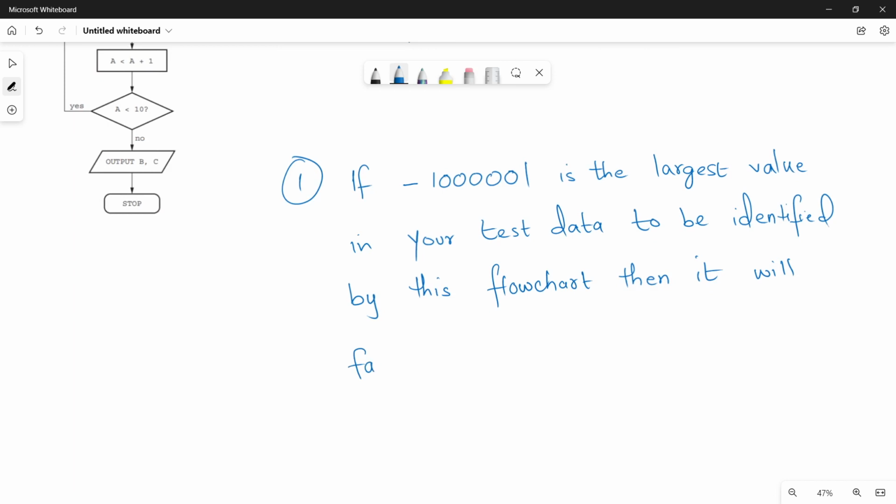The flowchart will fail to identify. And why will it fail? Because the reason is because